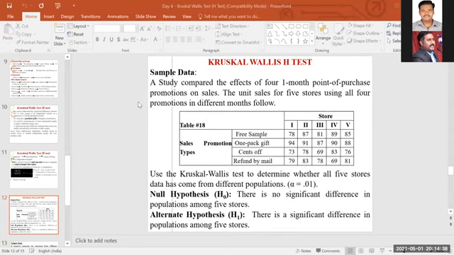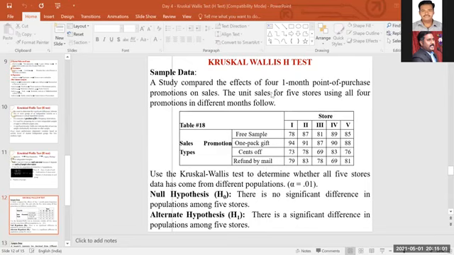That's why I told you ANOVA and Kruskal value are similar. The thing is, if it is normal, if you have very good normality, go ahead with ANOVA. If it is not normal, you can go ahead with the Kruskal value test. Okay. Now, is it clear? Did you understand what kind of data you have, and under what situation you have to use Kruskal value?